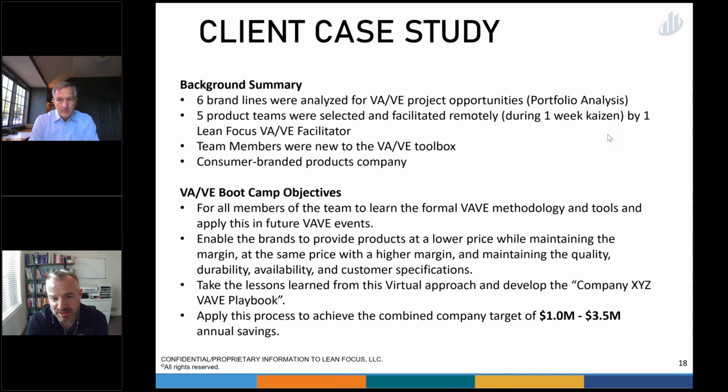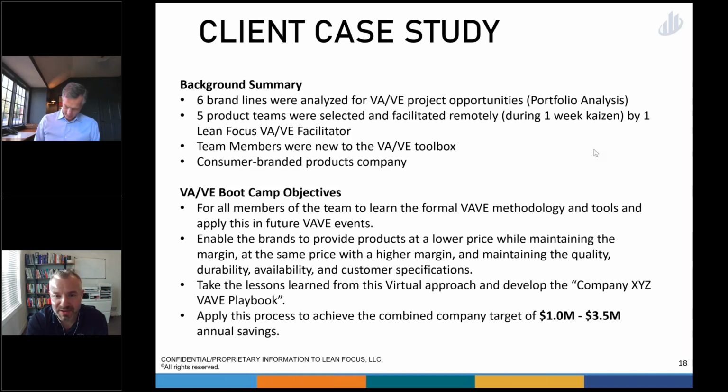And this was during the first year of COVID. The other hurdle we had was they couldn't do any of this in person. So we had to facilitate all of these activities remotely with product management, with operations, quality, marketing, the whole works, everybody that was involved in this. So we set up a Box shared drive to house all this data analytics and work through the analysis phase together, and then did a final report out which identified the Kaizen event opportunities. And then during a 1-week Kaizen, we had 5 teams running simultaneously in 5 remote locations facilitated by a lean focus facilitator.